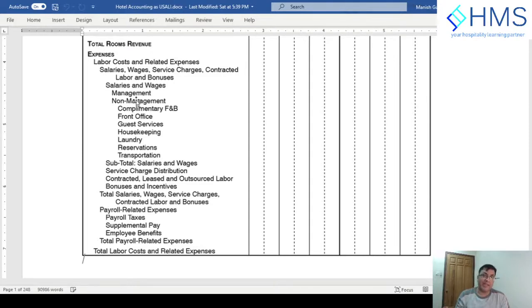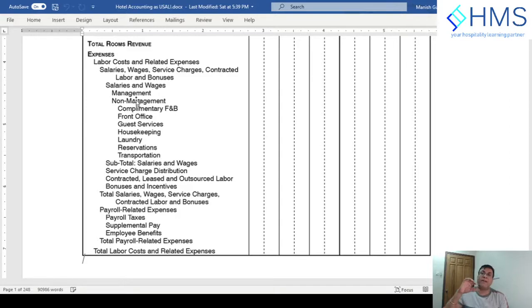So in that case, the service charge which is distributed to the staff will be separated out as a service charge distribution. Now, why is it not merged with the salary? The reason is that service charge is different in every month. So it will not be easy to compare the basic salary with the previous month, or with the budget, or with last year, if we combine it together with the salary. Salary remains fixed, so it's easy to compare and understand whether there is any extra person or not. If we separate it out, it's easy, right?